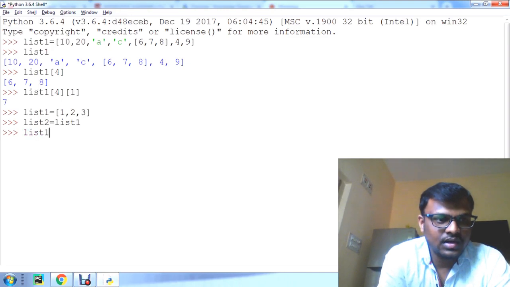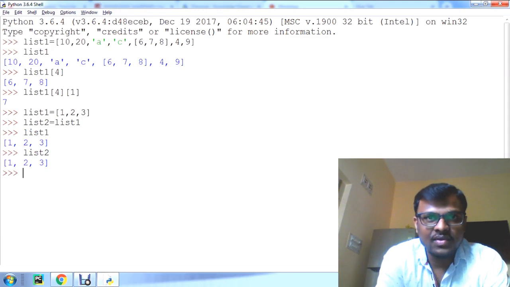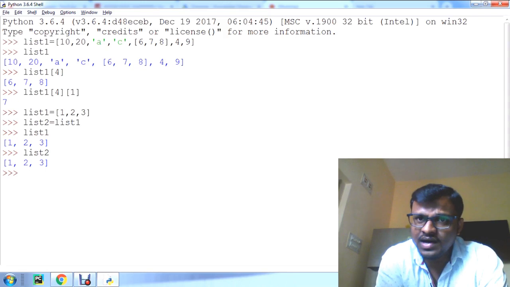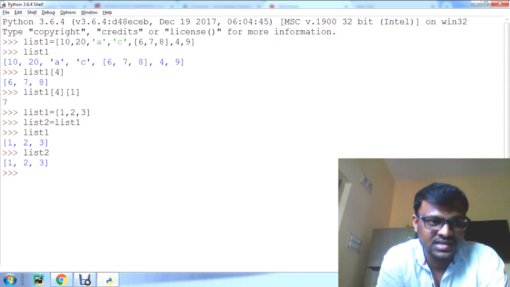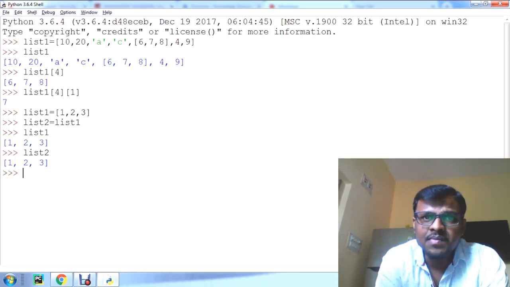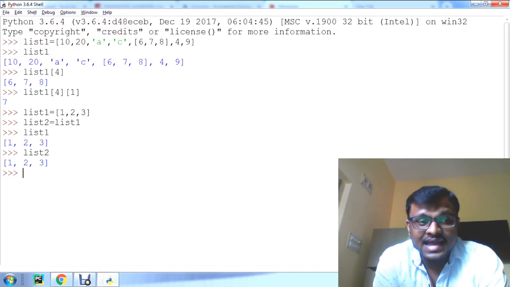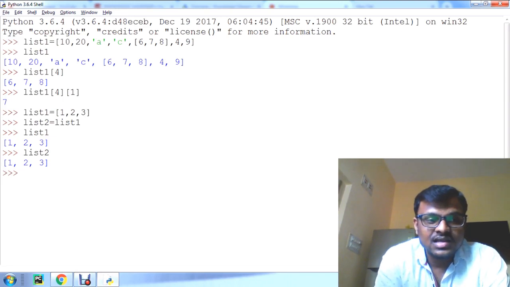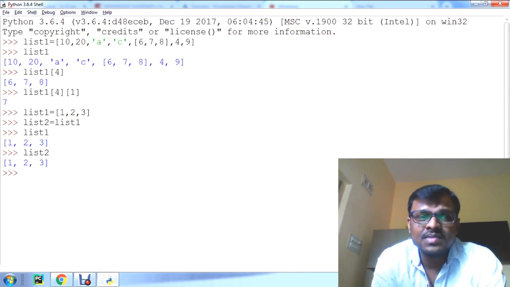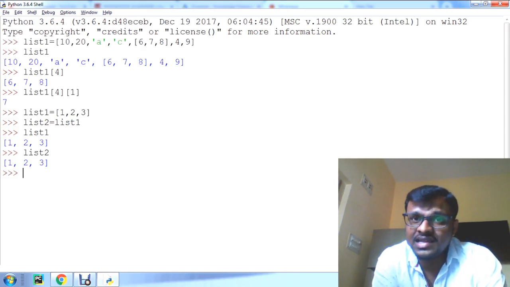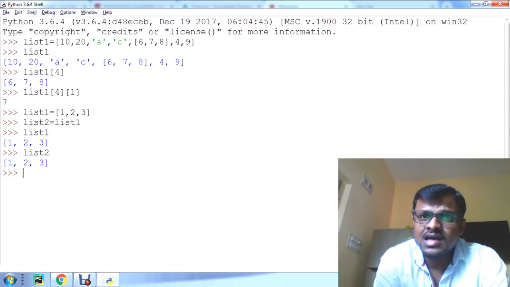Now if you print list1 and list2, both have the same values. But here what happens is, the statement list2 = list1 does not create a new list, rather it just makes list1 and list2 refer to the same list object. Here list2 actually becomes an alias to list1. Therefore if you make any change to either list, it will be reflected in the other list.